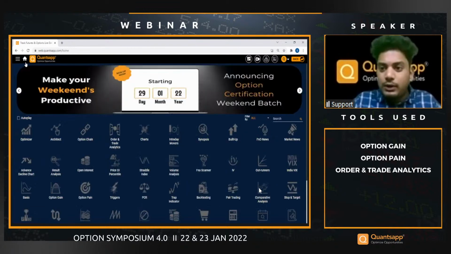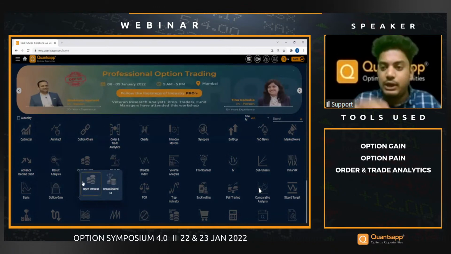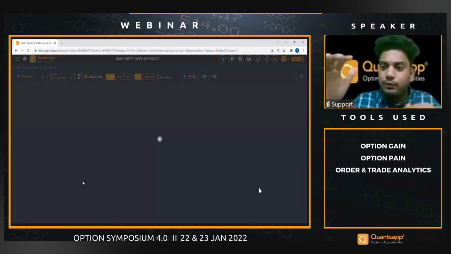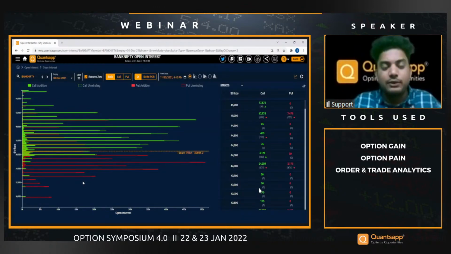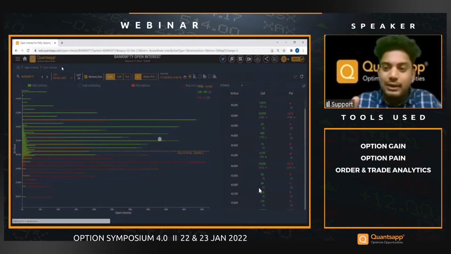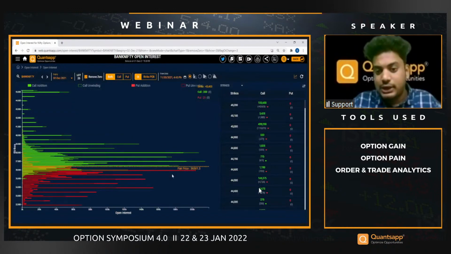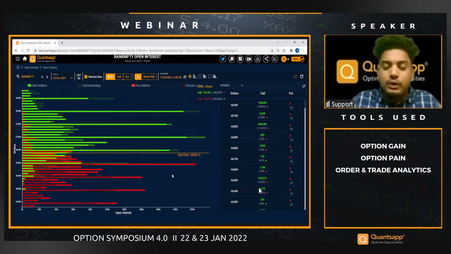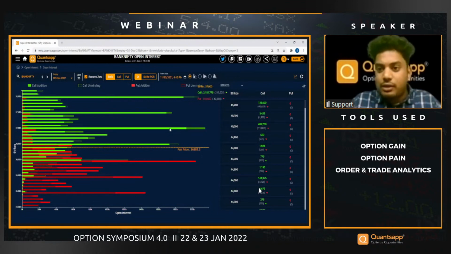Now moving forward with our next analysis, identifying the range of Bank Nifty, as we had a not-so-positive view on Bank Nifty looking at historical data. Let's first anticipate what the market sentiments are, looking at the open interest data. The green bars on my graph show the call open interest, indicating the call writers. Red bars show put open interest, showing the support. So green bars act like resistance, red bars act like support.